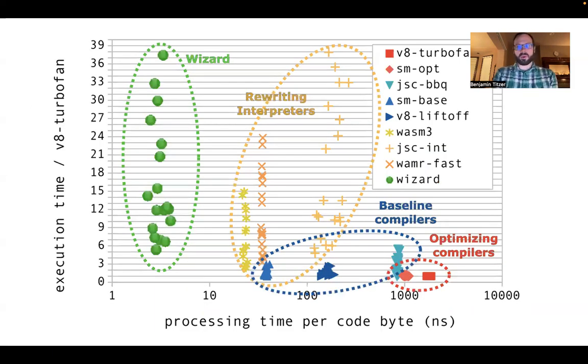So if we looked at that pictorially, this is an image from a paper from a couple of years ago that I wrote. This is actually WebAssembly execution tiers as measured on two dimensions. One is the startup time, or the processing code per byte, and then the other dimension is the execution time. And you can see there are very clear categories and delineations between them, with optimizing compilers being in one corner and interpreters being in another corner. This paper is about Wizard's JIT, which is a baseline compiler, which fits right about here in this trade-off space.